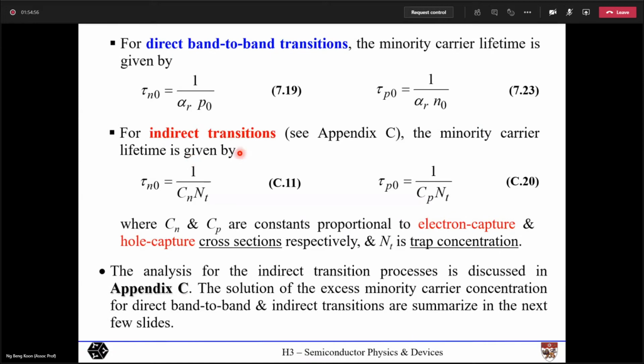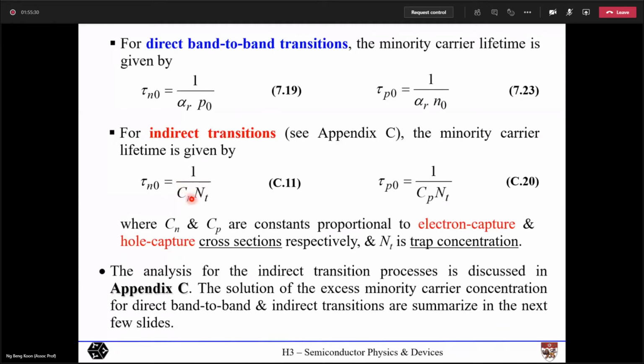In the case where you have indirect transitions, that's an important factor, then you cannot use the direct band-to-band transition lifetime anymore. You need to use these two expressions here, relating to the trap concentration. Because if the trap concentration is high, then it would dominate the transition. So in cases like that, you have to take into account the trap concentration, and there's actually this constant term